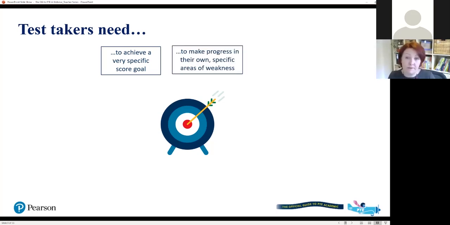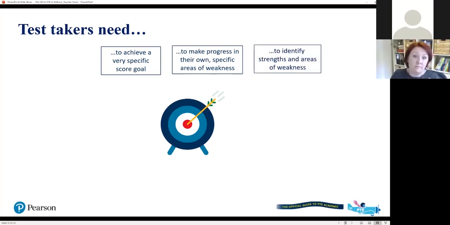They need to be able to make progress in their own specific areas of weakness. As I mentioned at the beginning, this is four skills integrated, it's other skills as well, and it's a three-hour test. So people will have very different approaches, backgrounds, learning experiences that they bring to the prep for the test, and will need to hone those skills and improve them in very different places sometimes. They need to be able to identify their areas of weakness and their strengths as well. We'll talk about how the teacher can help them, but it really does need to be personal.